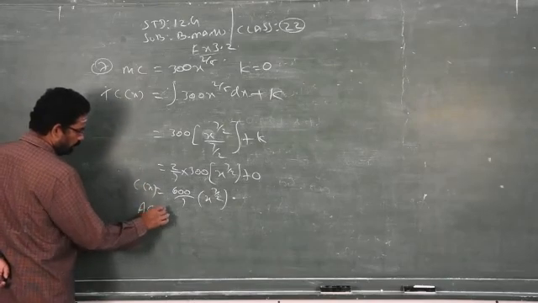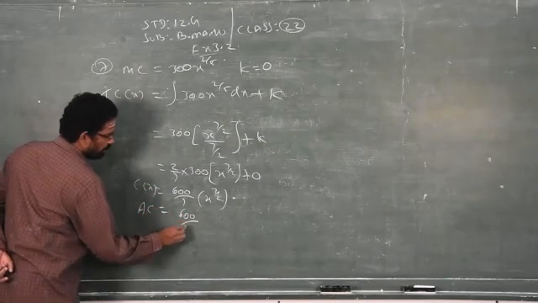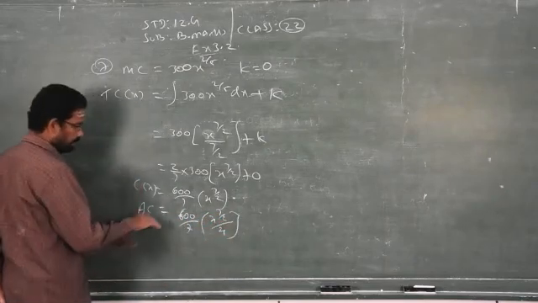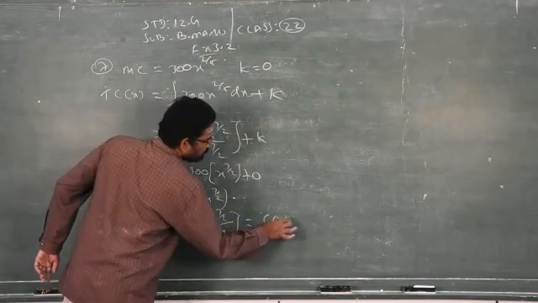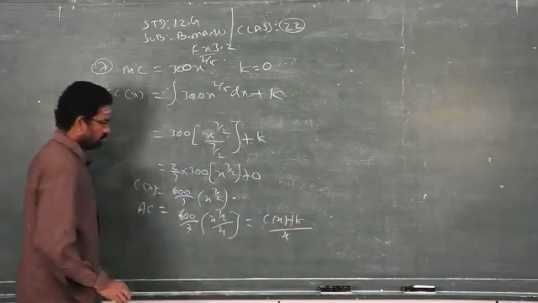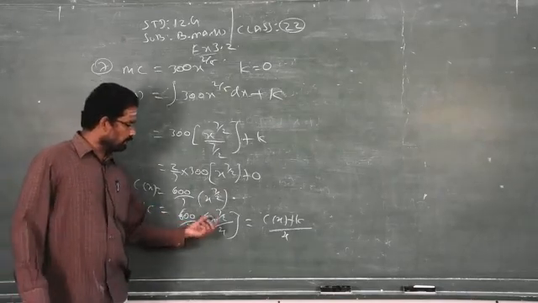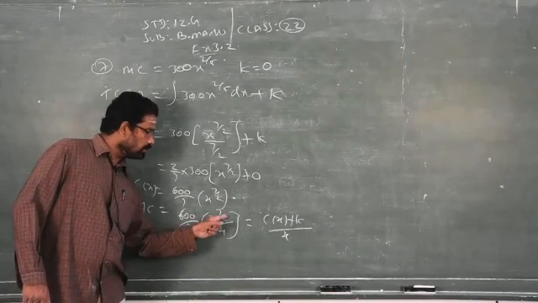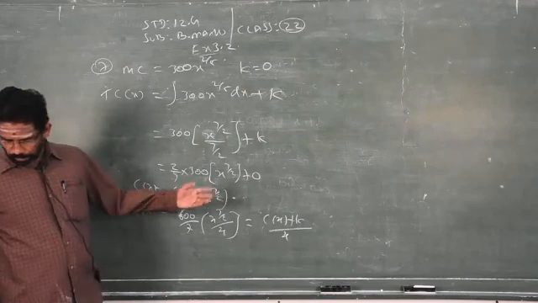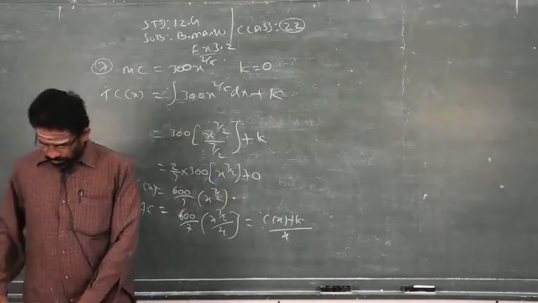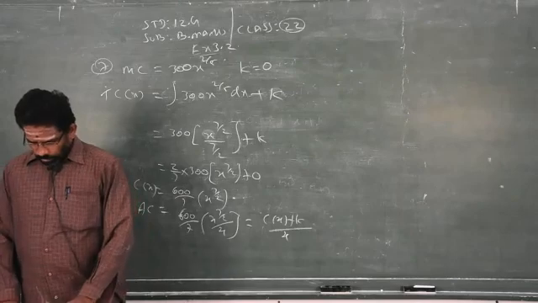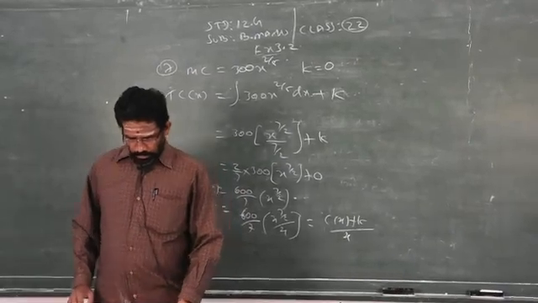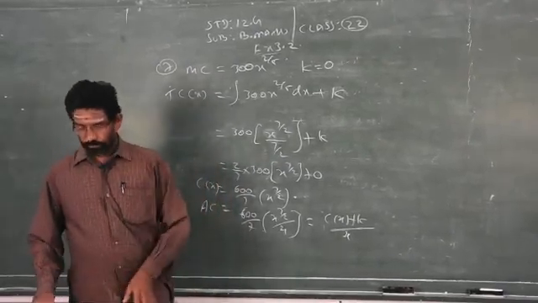Then you have to find the average cost: 600 by 7 x power 7 by 2 by x. This is the formula to find average cost, that is C of x plus k by x. So you just have to simplify and you will get the answer. So don't ask me to complete this one. You know when the bases are the same, under the division format, you have to subtract the power of x, numerator minus denominator. See sum number 8, you can do it yourself. The remaining problems we will see later. Clear? Thank you, boys.